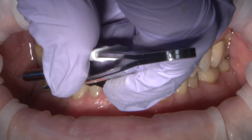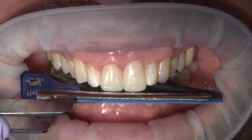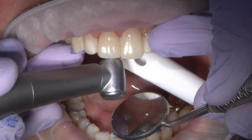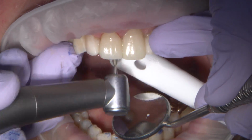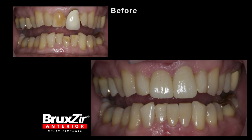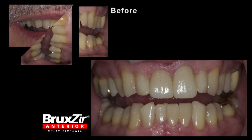Once all of the cement has been cleaned out and the restorations are fully cured, we will check and verify the occlusion, and we do make some slight adjustments to the lingual surfaces of 8 and 9. The more translucent nature of the monolithic BruxZir Anterior restorations allowed us to greatly enhance our patient's aesthetics without compromising in strength. At 650 megapascals of flexural strength, BruxZir Anterior is extremely versatile in its use for both posterior and